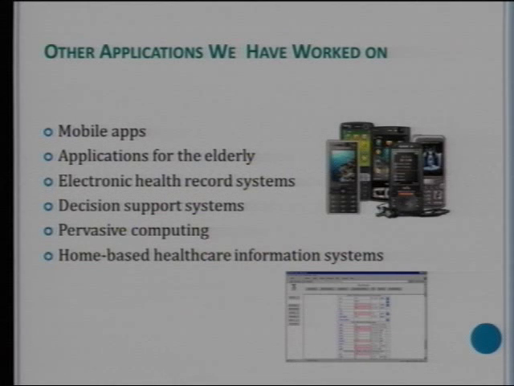So we have worked on bioinformatics, just starting. We'd really like to look at human factors issues in bioinformatics areas, so if there are any possible collaborations there, I think that's a good one. Other applications, as I mentioned, include things like mobile apps. We're moving to doing some projects with the Center for Aging at the University of Victoria on applications for the elderly. And as I said, we continue working on electronic health records, decision support, and other types of applications. This was a screen from a system called PATSYS that we used the approach on back in the late 1990s. That was the first web-based access by patients to their own records over the web.